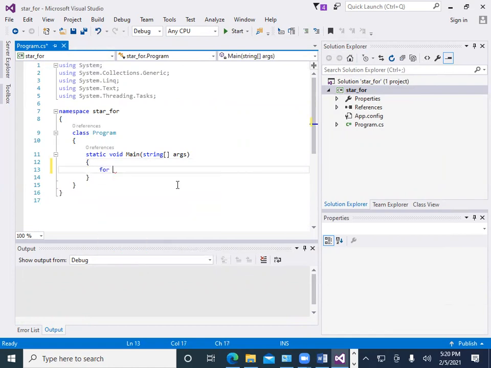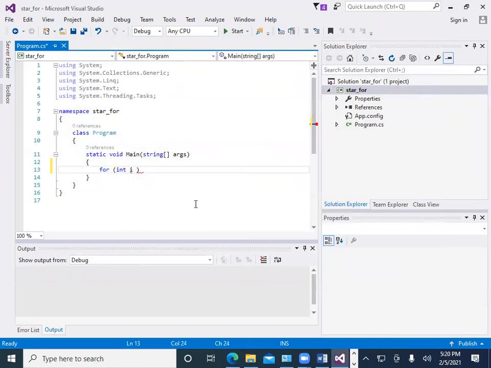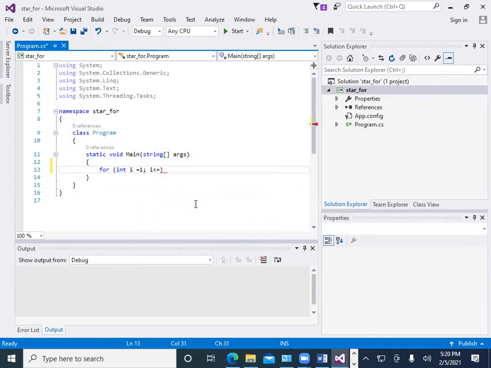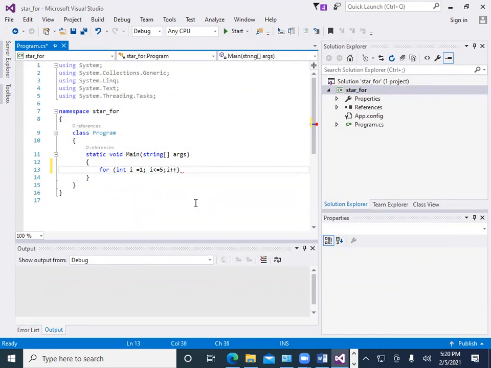So here I write for integer i equal to 1, suppose if you want to create the 5 stages pyramid, so here we write the condition for i equal to 1, i less than 5 and i plus plus.